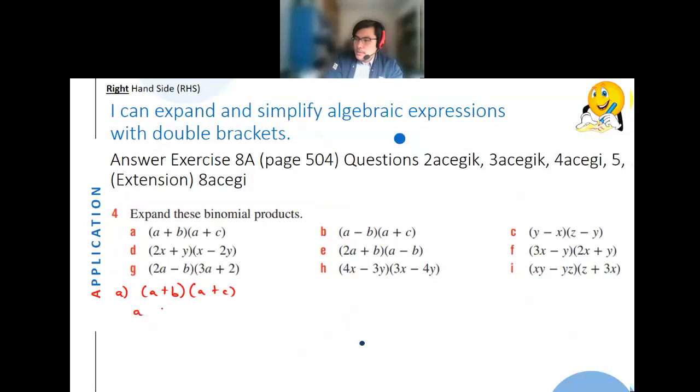So A plus B at the top, A plus C on the side. That looks like a 9, so I'm just going to fix that up a little bit. Okay, so multiply them together. A times A, that's A squared. A times plus B, that's going to be plus AB. Plus C times A, that's going to be plus